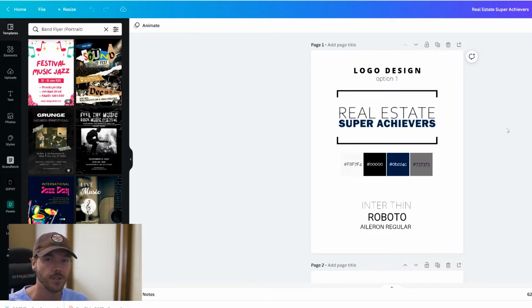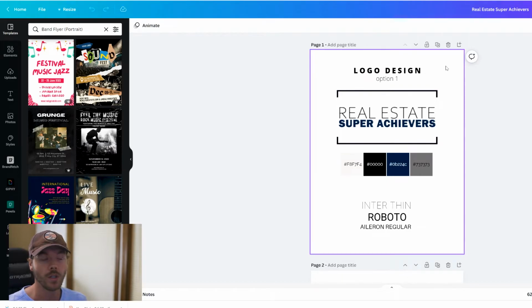So what you want to do is make sure that you can either upload the font to Wix or Squarespace, or use a font in Canva that Wix or Squarespace already has. So take that into mind when you're doing it, so you don't have to go back and try and switch everything later. So what we're going to do next is run through a quick tutorial on how to